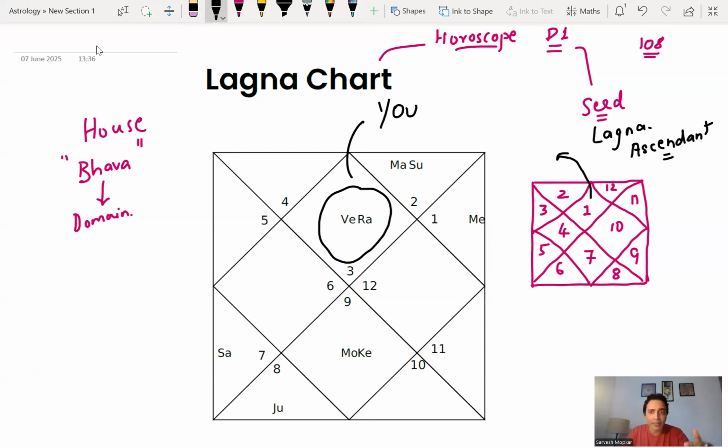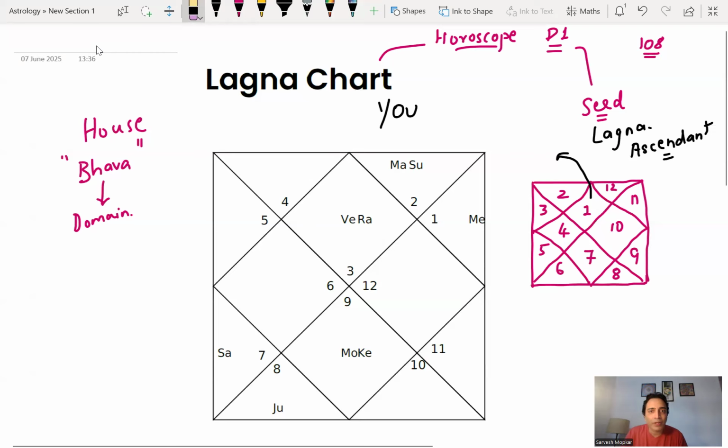So many a times when I look at my client's chart, the first house itself tells me the entire life story. But of course, that comes with practice. All right. The first house is that important. All right. I hope things are clear to you. Okay. So now